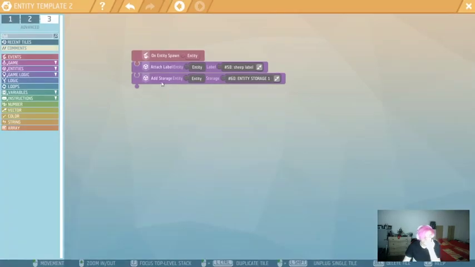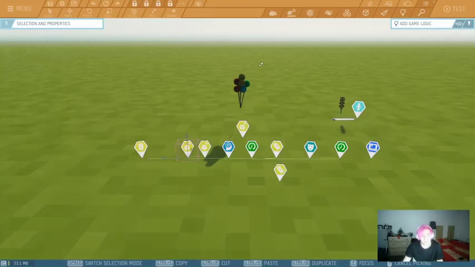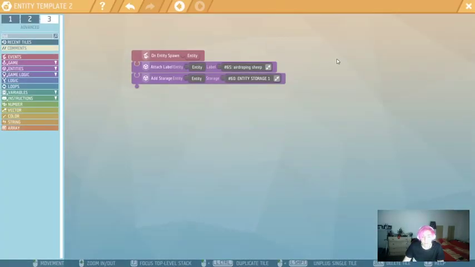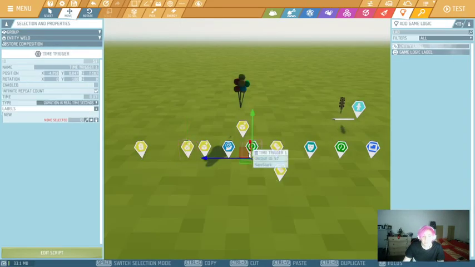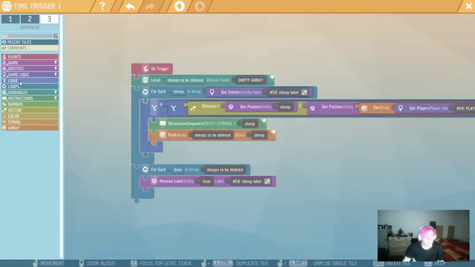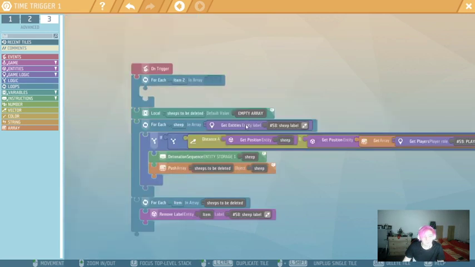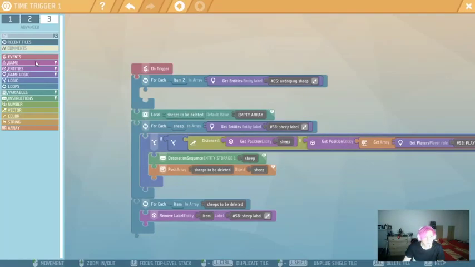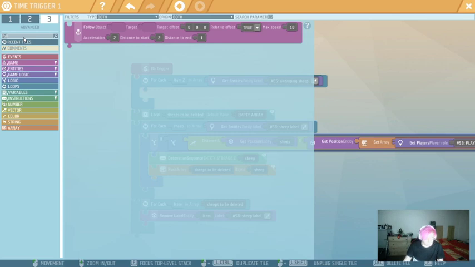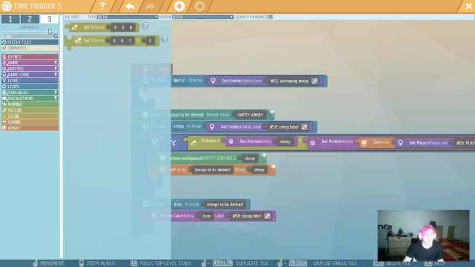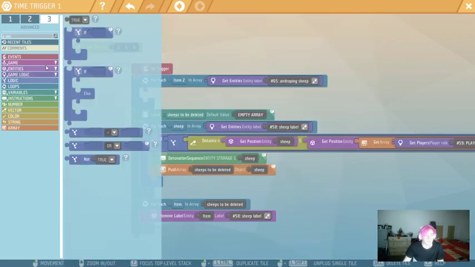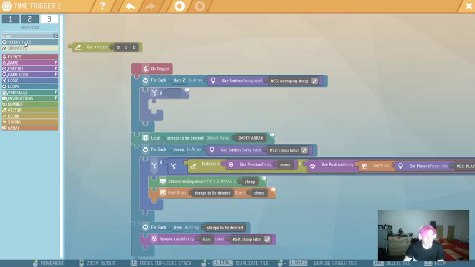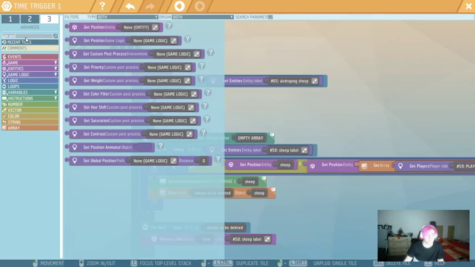When we spawn a new sheep, we are actually gonna attach the airdropping sheep label. And in here, we are gonna say that for each airdropping sheep, if the y vector of the get position